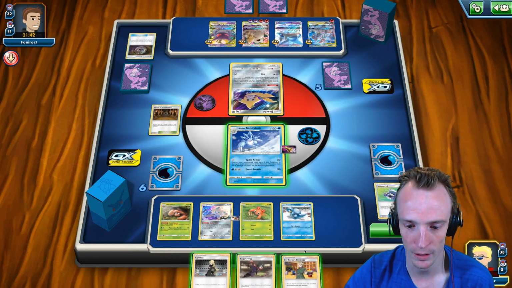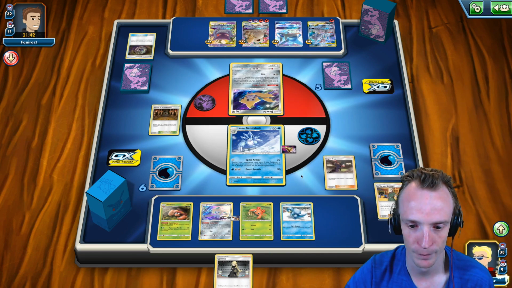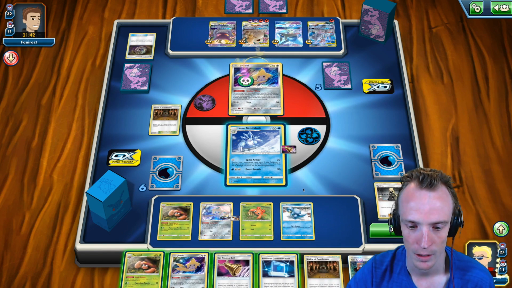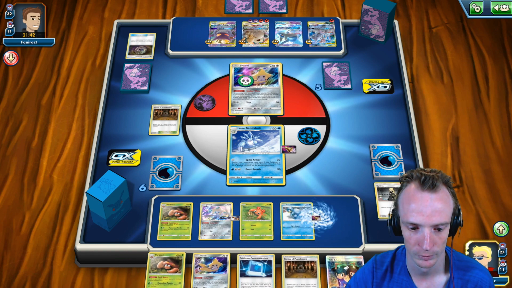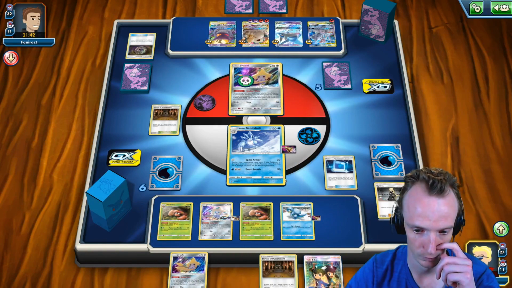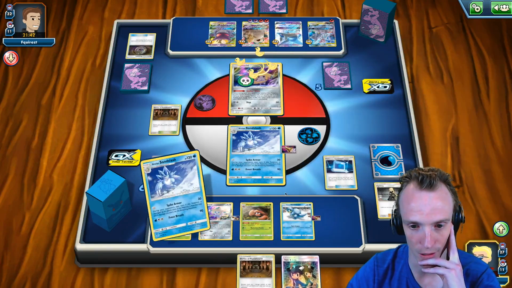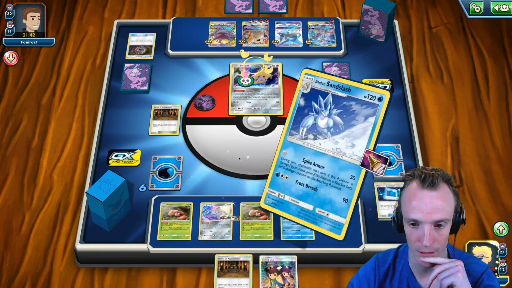We will run the Lieutenant Surge. We might as well run the Kogas, to be honest. And then Cynthia. Get ourselves another Parasect up. Sandslashes are going to be hardest to find, I think, so we'll go and get ourselves another Sandslash rather than